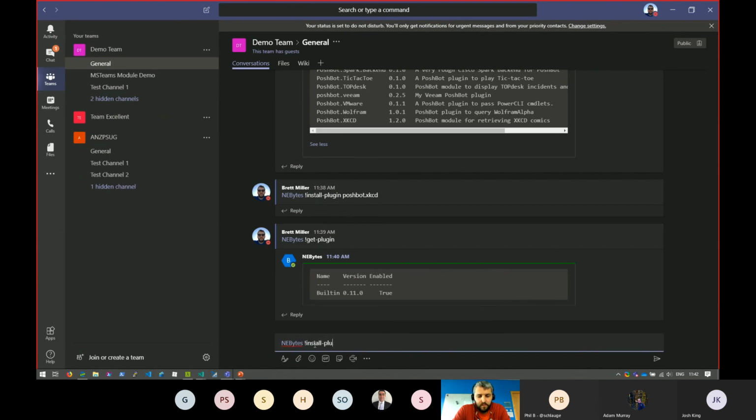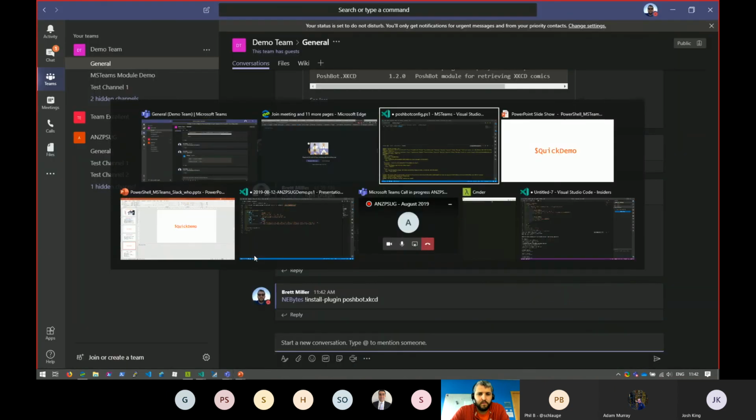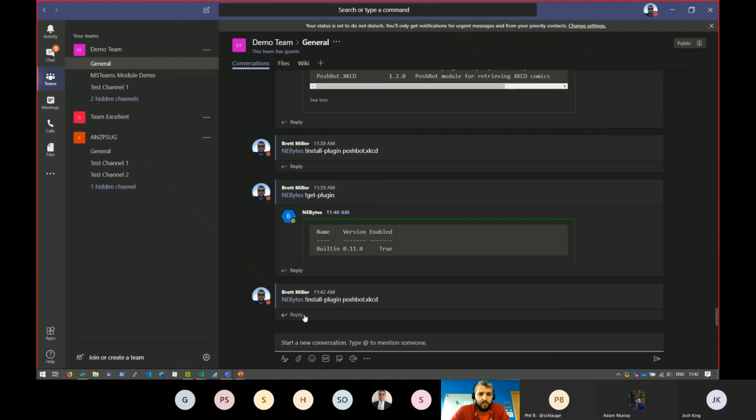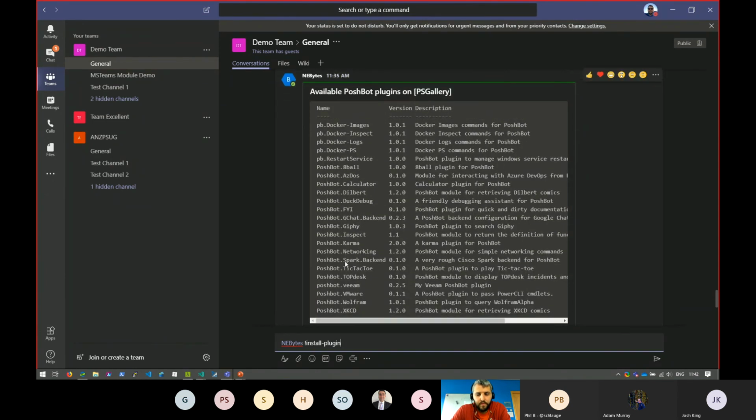Install plugin xkcd. It doesn't seem to like it. What was the other one? Poshbot.8ball.